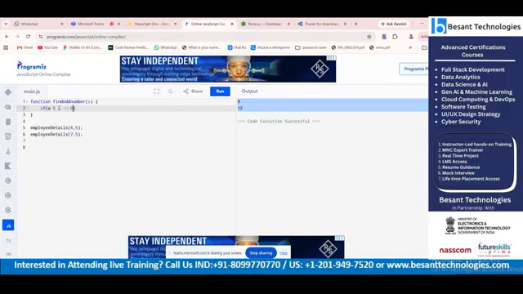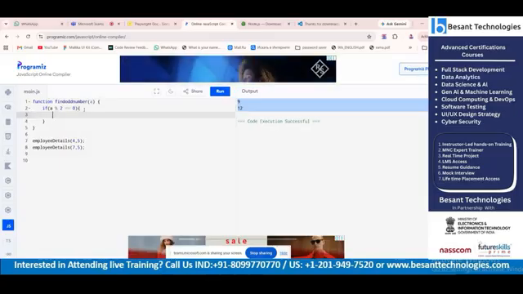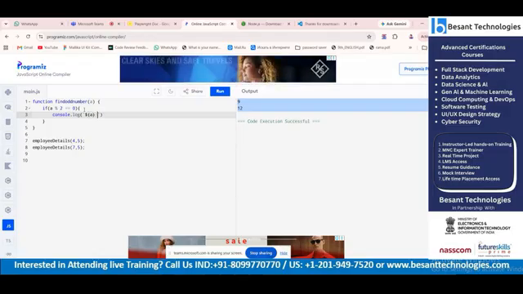A number which is divisible by 2 and gives a remainder of 0 is considered an even number, right? Console.log of the number is an even number,